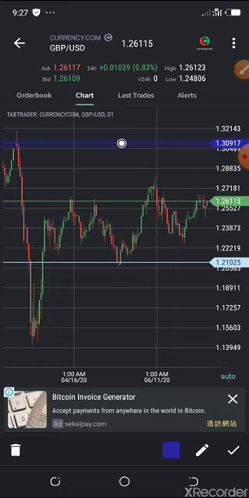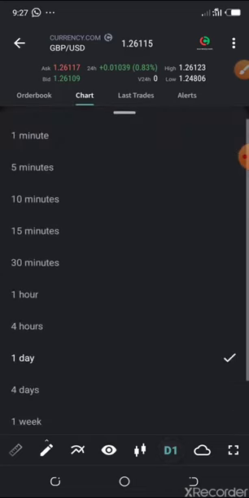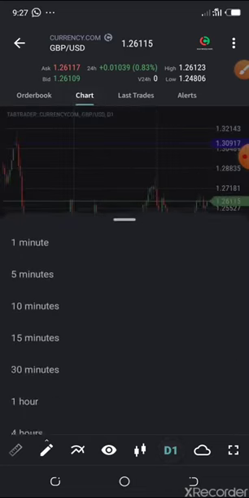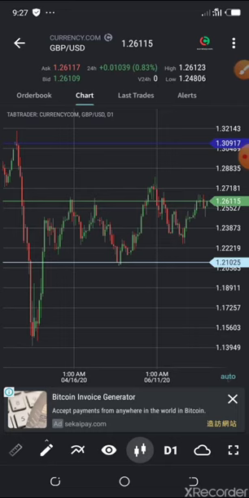So let me show you the simple hack as I was taught by my mentor, and it has paid off a whole lot. Using Tab Trader, the first thing you want to do to get your support and resistance very clearly is that you shouldn't strain your eyes to pick it. Once you cannot see it, you cannot see it. What is a support zone for me might be a resistance zone for someone else.